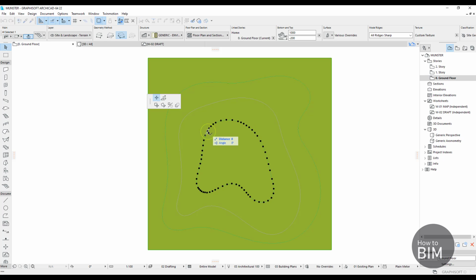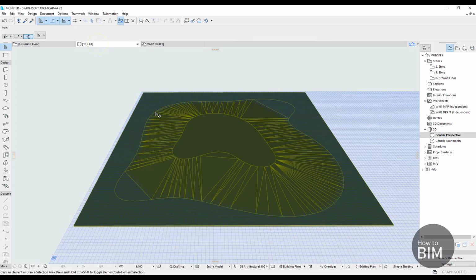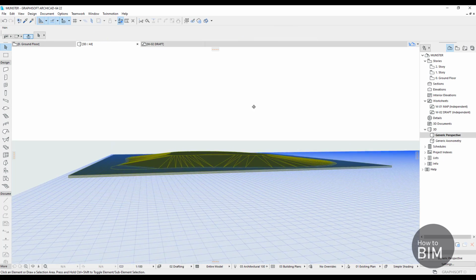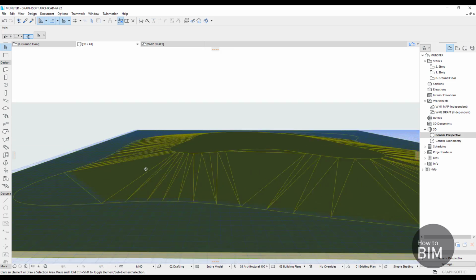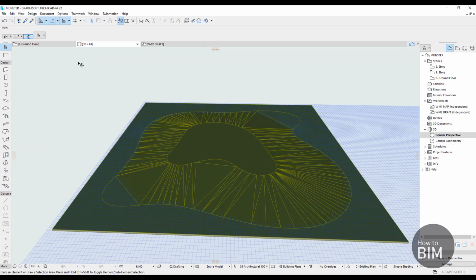So I will click on here, and it will open my options to edit, and I will choose this option, Elevate Mesh Point. I will set that it's going to be 5 meters high, and I will click on Apply to all, click OK. What you can see is that already there are some lines in here, there are triangles, and if I go to 3D,